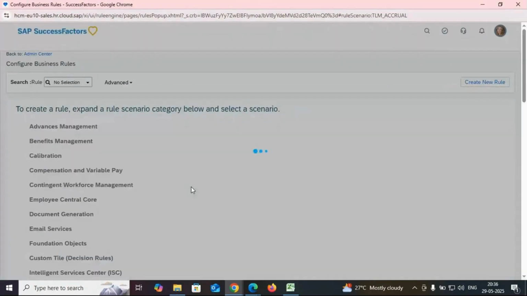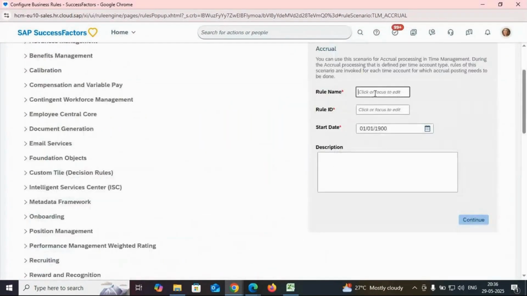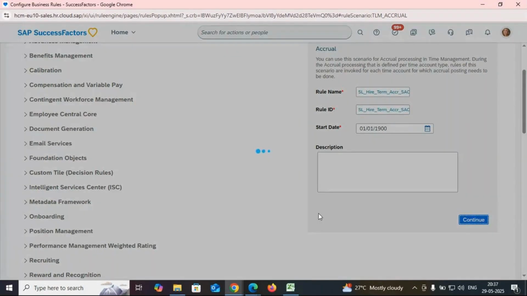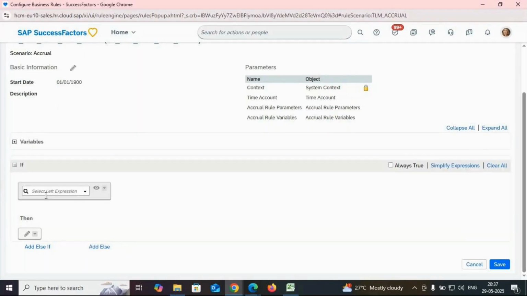If accrual frequency period is filled, you must fill at least one accrual termination or higher rule. Because you mentioned here my account creation type is recurring or something, right? Make sure you fill at least one rule over here, even though they are not mandatory fields. Now click on plus icon, guys. It takes me straight away under time management, business rules, under the accrual tab. So, sick leave,